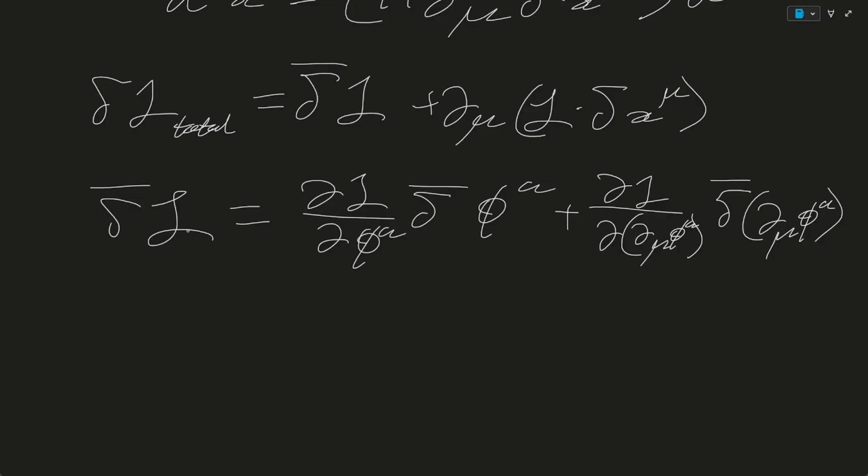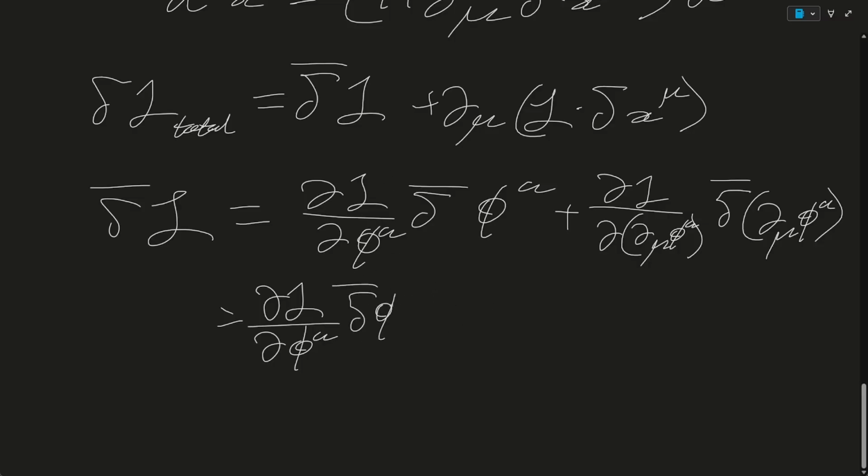And we can now use our incredible commutation property to arrange some things. Notably, we are going to move this outside. So this is dL d phi a